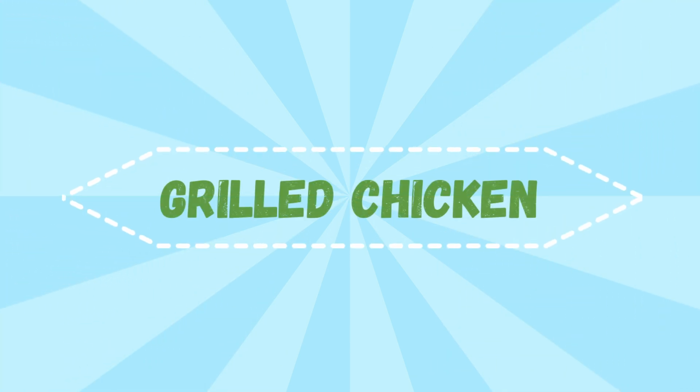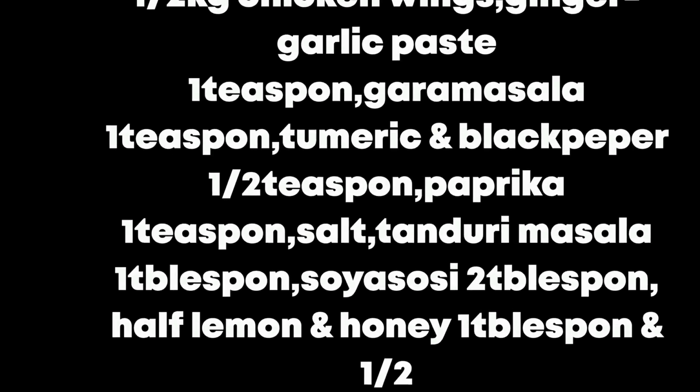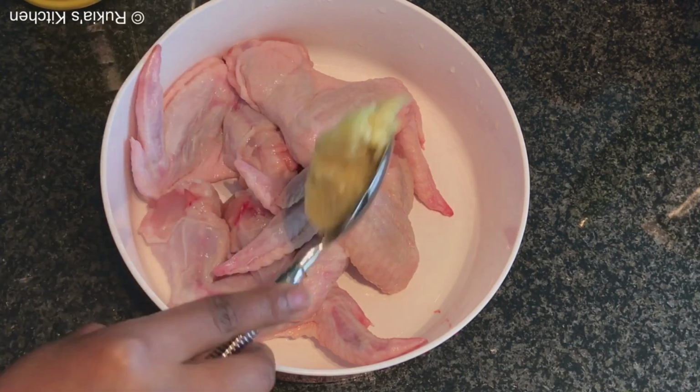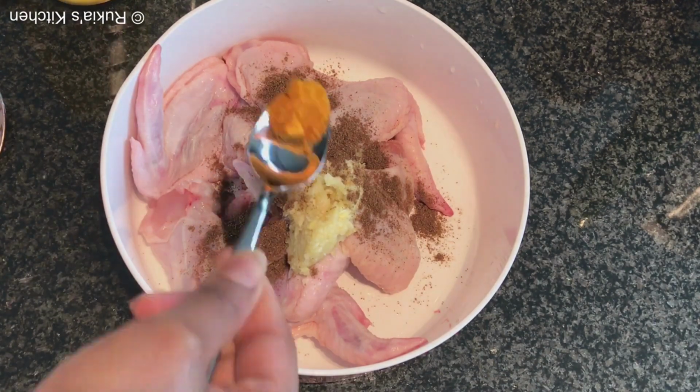So the second recipe, we're going to make grilled chicken without using an oven. With this recipe, I used half a kg of chicken wings, or you can use any other part of the chicken. Then you'll add 1 teaspoon of ginger garlic paste, garam masala 1 teaspoon, turmeric powder half a